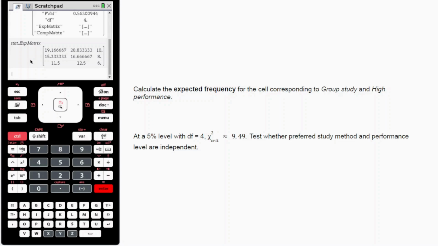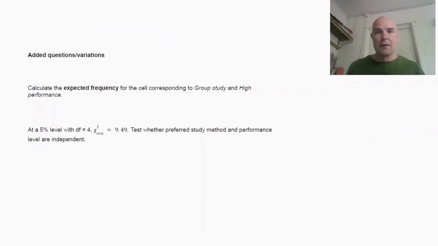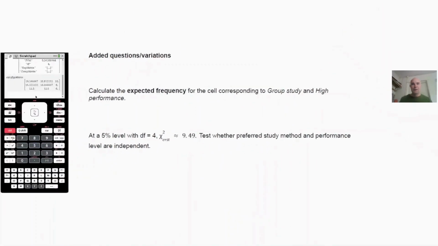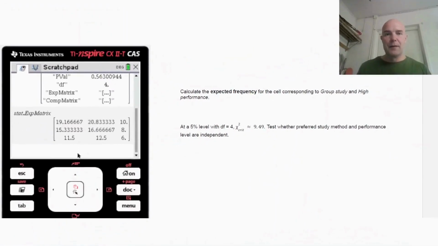So here are all those 9 numbers we might have. And now the question was about the cell corresponding to group study and high performance. So it is actually the value 15.3. That's actually our answer. And you can find that from your calculator. I will next show how that is calculated by hand. But at least this way you will get a quick answer to the expected frequency number, which you can